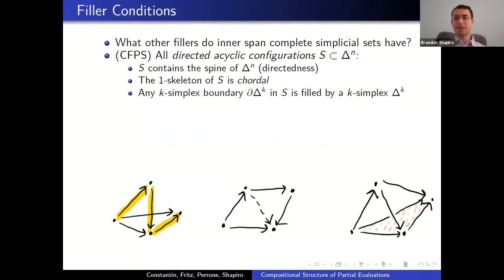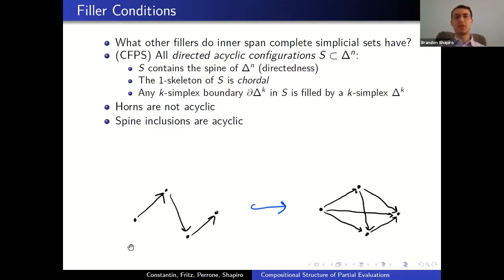So in this last picture, it was hard to draw in a helpful way, but I want you to imagine that this back face and these 2 front faces are included, and this bottom face with the dots in it is not included. So we call that a horn, which is the homotopical terminology. That is not a directed acyclic configuration because it has this 2 simplex boundary down here, this triangle, which is not filled in. So horns don't satisfy this, but the spine